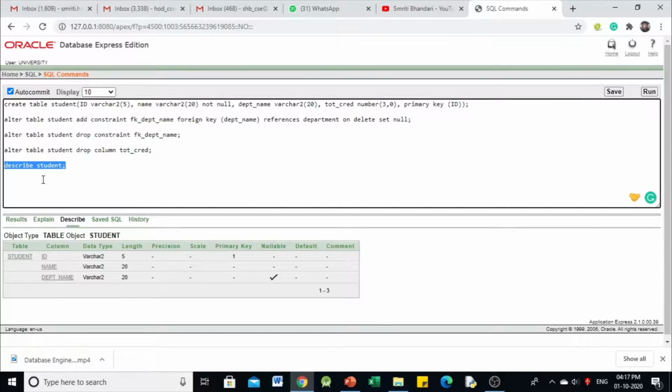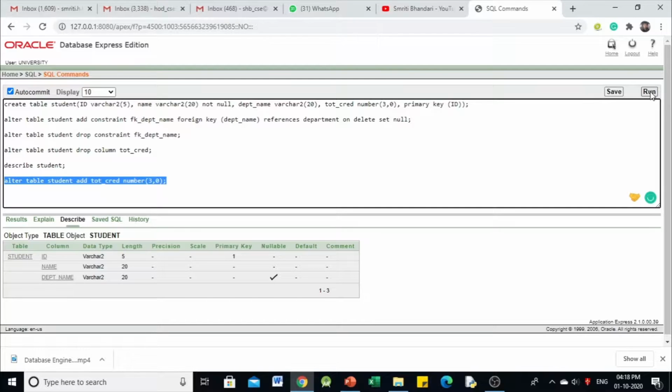Now if once again we would like to add that attribute in our table, then we are going to use this statement, alter table student add total credit number, that is the data type, 3, 0.